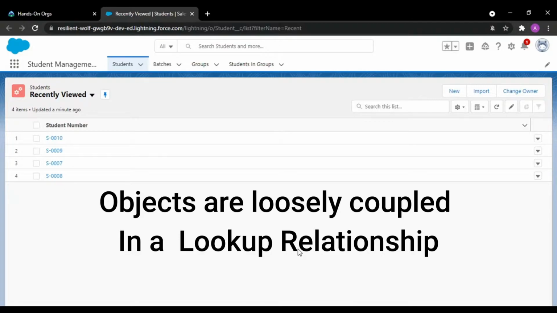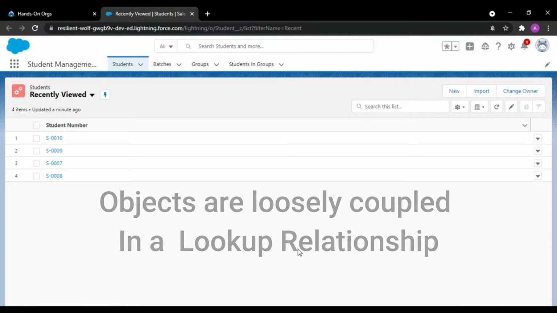For example, if I give you the example of a car, a car can have wheels. So there is a has-a relationship because a car can have wheels. Car has an engine, car has wheels, car has doors.